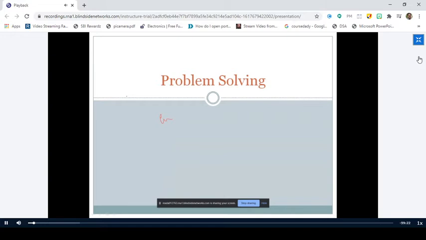So we have a lot of problems in the real world, right? So we have problems and we need to solve those problems, and people will solve those problems using two methods. One, it can be a manual method, or it can be by using some technique, right? Or by taking help of some computers, right? So problems can be solved manually or by making use of computers.